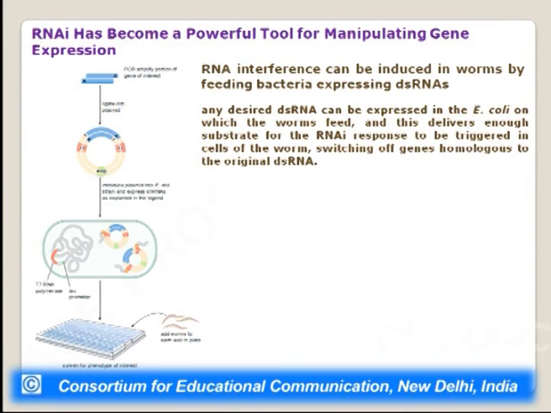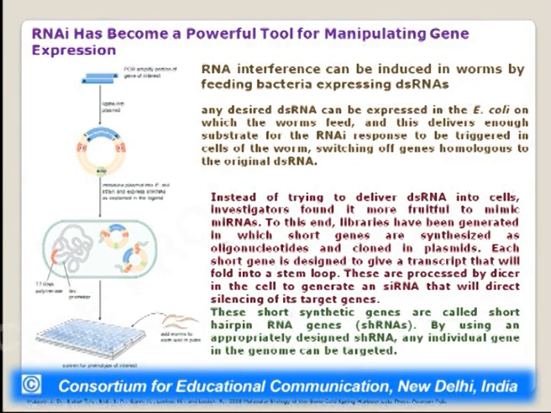But for a sustainable expression of double-stranded RNA molecules, instead of trying to deliver these double-stranded RNAs into cells, the investigators found it more fruitful to mimic microRNAs. To this end, libraries have been generated in which short genes are synthesized as oligonucleotides and cloned into plasmids. Each short gene is designed to give a transcript that will fold into a stem loop inside the cell. These are processed by Dicer in the cell to generate an siRNA that will direct silencing of its target genes,